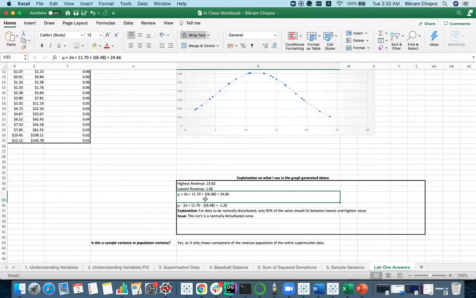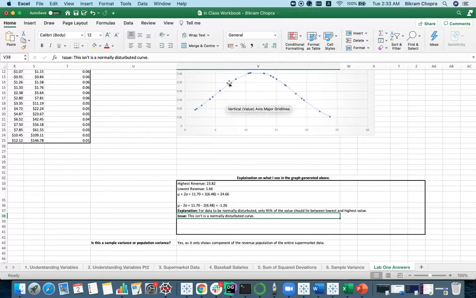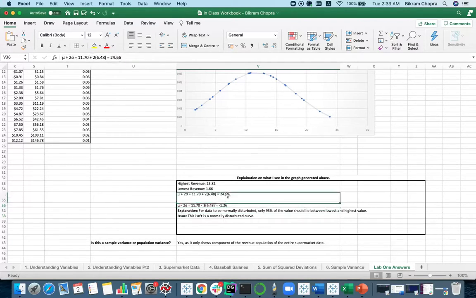For finding out the second sigma values of standard deviation, we simply used the formula mu plus minus 2 sigma. We use this value and we find out these boundaries. Now we can simply see that these values are basically covering the whole bell curve, which denies the fact that this is a normal distribution graph, because ideally it should be only 95%, but this is covering the whole graph.